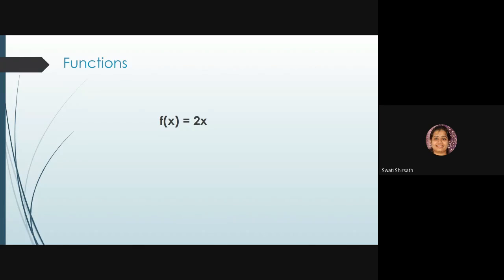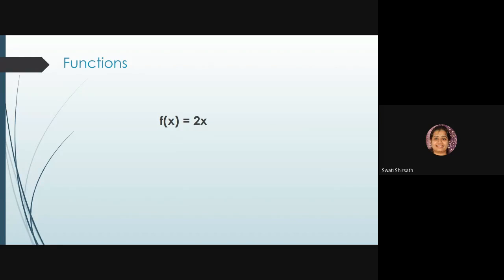So I want you to understand each and every element or parameter of a function, how they are written, and what the different forms of them are. I mean, if a mapping is given, then how can that mapping be written in this form, the one you are seeing on the screen. So for that, you should understand each and every parameter of this function. So what is f, what is x, what is 2x, you should know all of them.